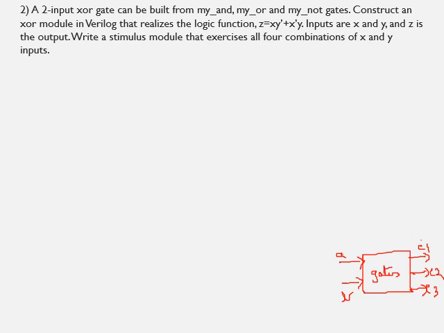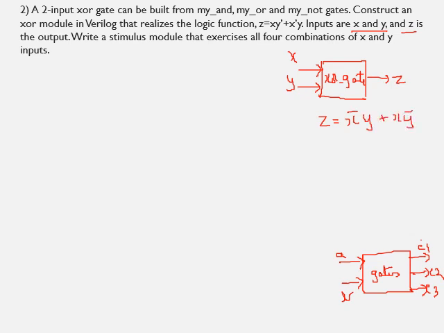So here in this problem, we are required to realize an XOR gate. Say I will take the module name as XOR underscore gate, and to this the inputs are X and Y as given in the question, and Z is the output. So this can be realized using x bar y plus xy bar. Now you can see that to realize this expression we require AND function, NOT function, AND function and an OR function. So we will proceed to write the program.